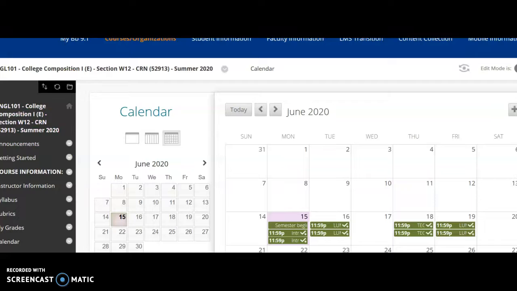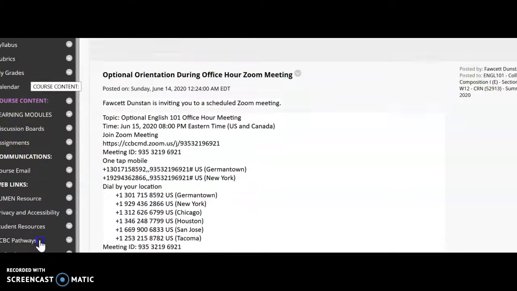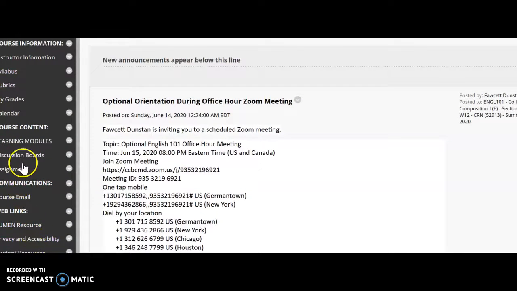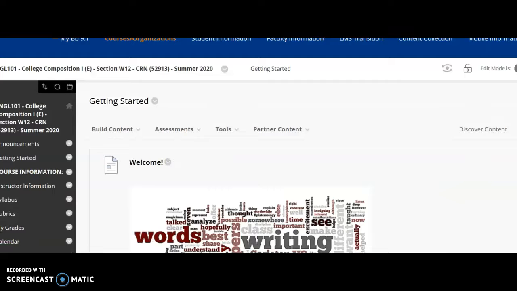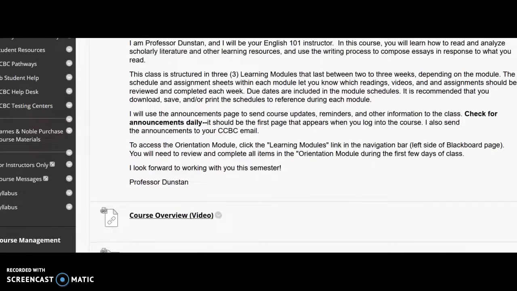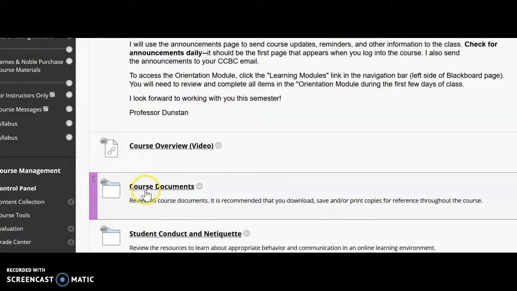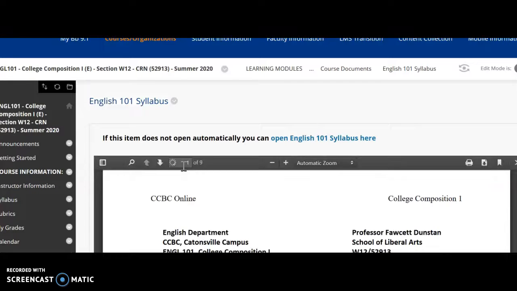Once you have looked at the calendar, it's a good idea to go to, for this week, the Getting Started tab. The Getting Started tab is also on the navigation bar, and it's right here under Announcements. In the Getting Started tab, you'll be learning a little bit about how to orient yourself with the course. There's a welcome from me, there's a course overview video, there are course documents in a folder, and listed would be the syllabus, which you're welcome to open up and view